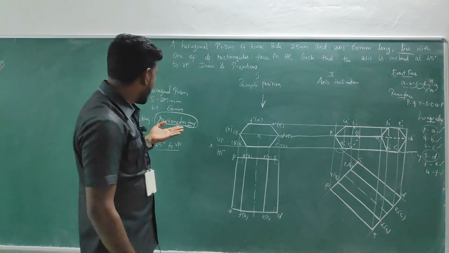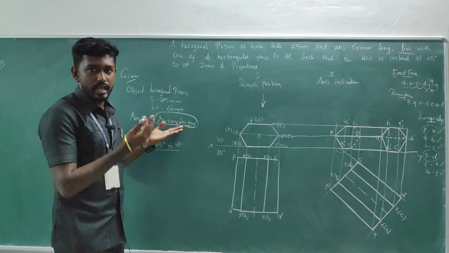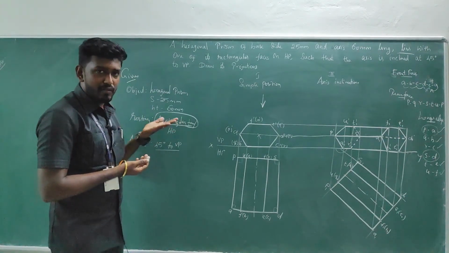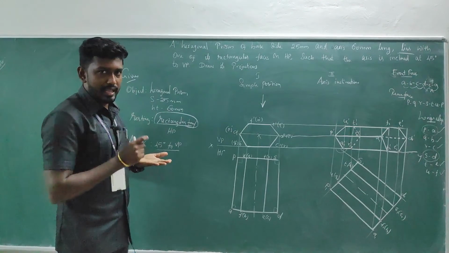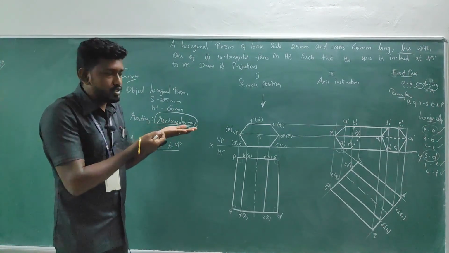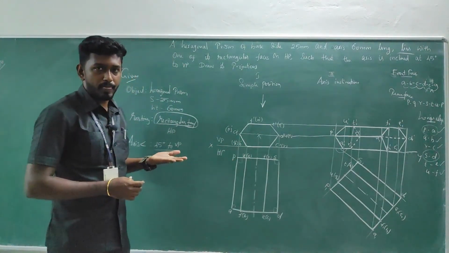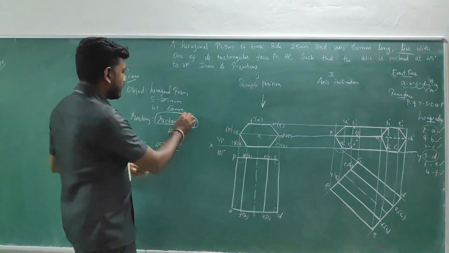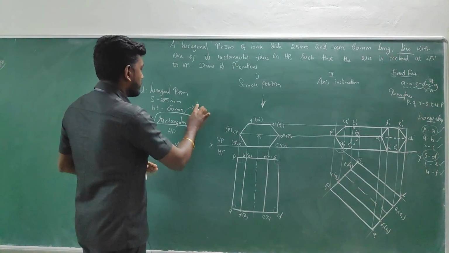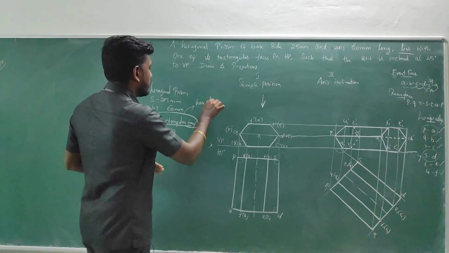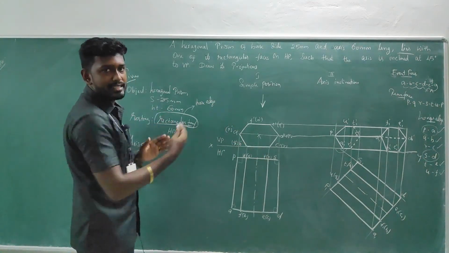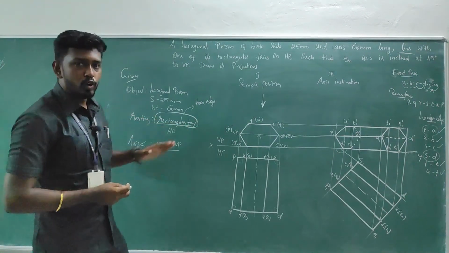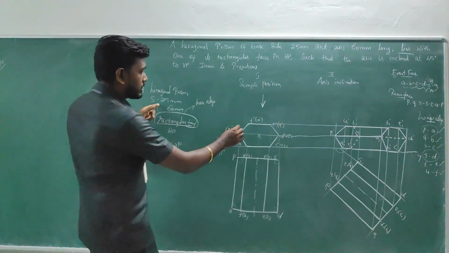What is the difference when the rectangular face is resting on any of the principal planes? When the rectangular face is resting, one of the base edges is resting on the edge sweep. The condition must be taken on the edge sweep. For this, we have taken the condition as a base edge which is taken on the edge sweep and not on the right side. Okay, that's the difference here. How to remember it?